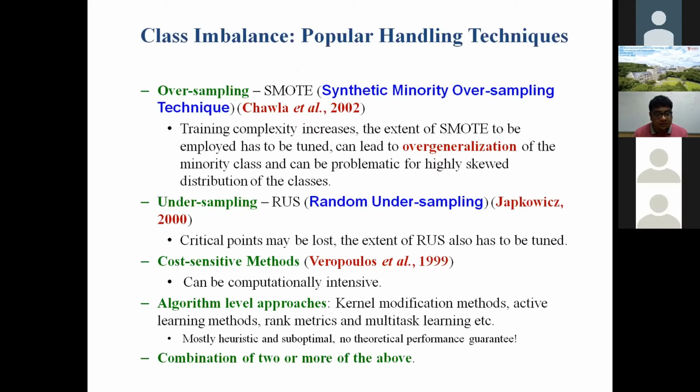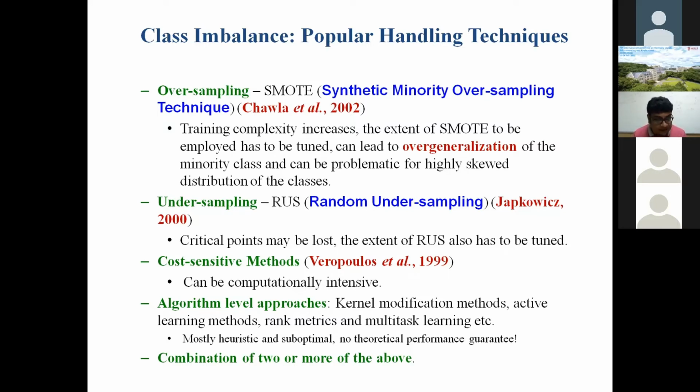Oversampling: generate artificial samples inside the minority class, so that the minority class may appear to have a large size, and the classifier decision boundary may not get biased towards the majority class. Undersampling: eliminate or delete extra points from the majority class so that the majority class gets down to the size